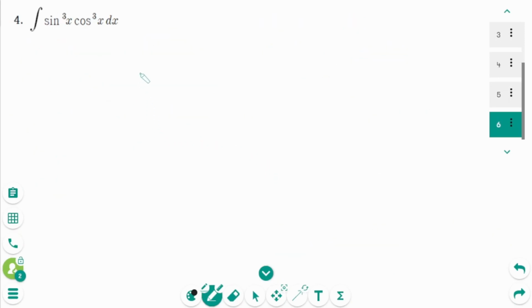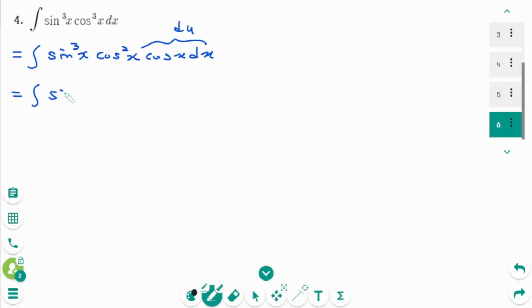When solving the integral problem consisting of sine and cosine, focus on the odd power and consider saving it with du. If the powers of sine and cosine are both odd and equal, then either of them can be set to u. I don't like negative signs, so I will let u equal sine here. So the integral of sine cubed x times cosine squared x, then cosine x dx, this part for du,